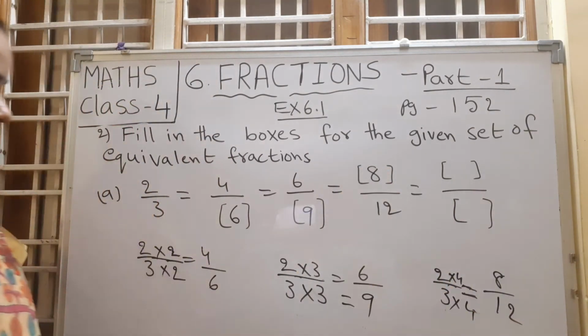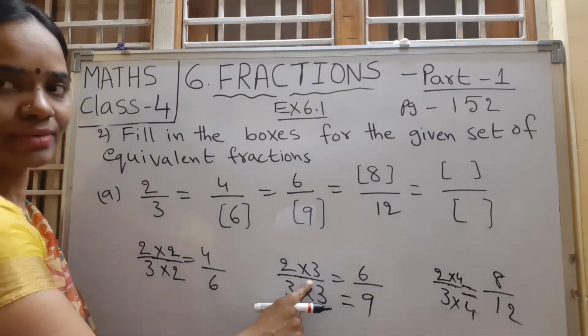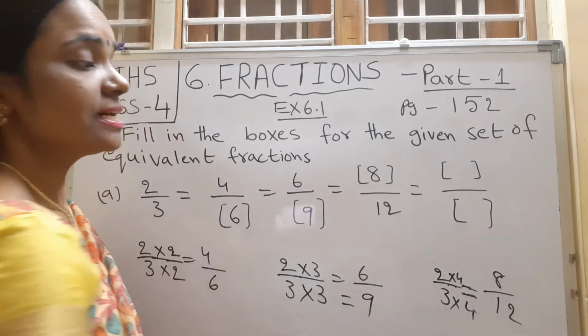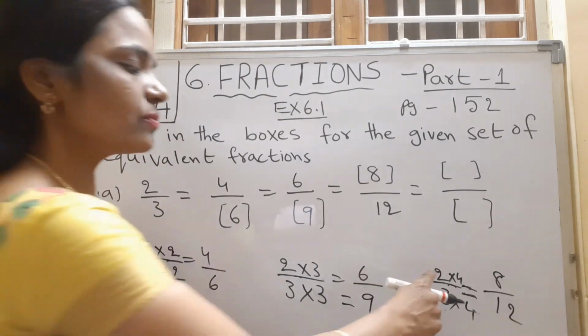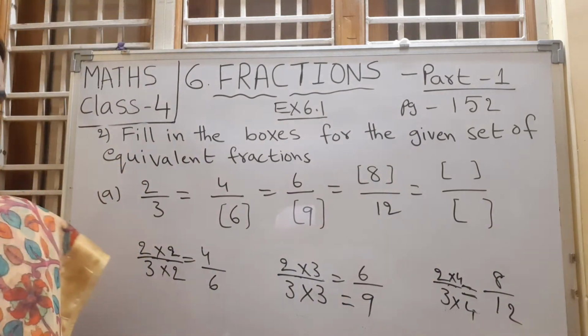8. The first fraction is multiplied by 2. Next it is multiplied by 3. Next it is multiplied by 4. Next, what number? Yeah, 4 after 5. So, shall I rub? Yes.